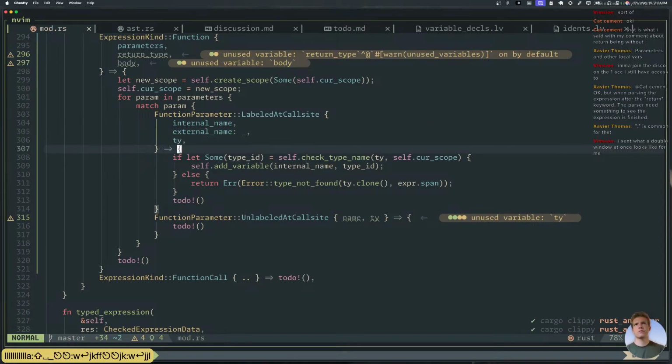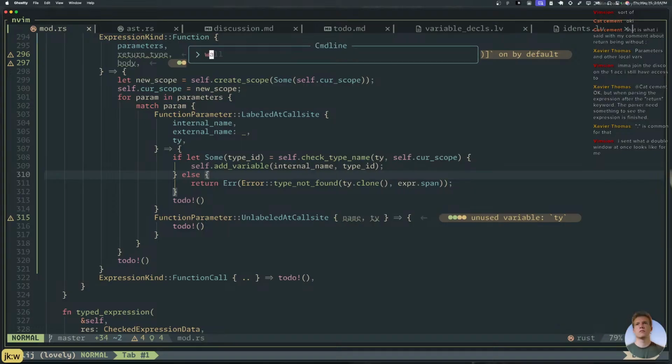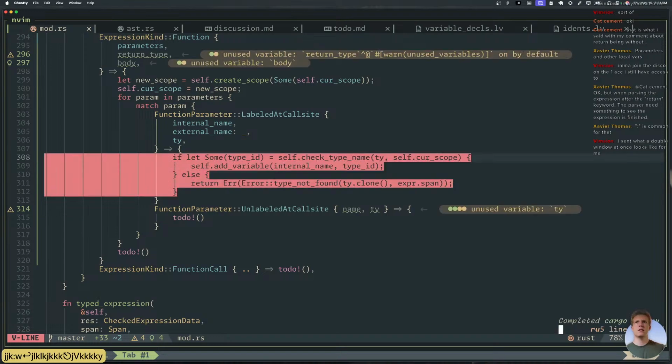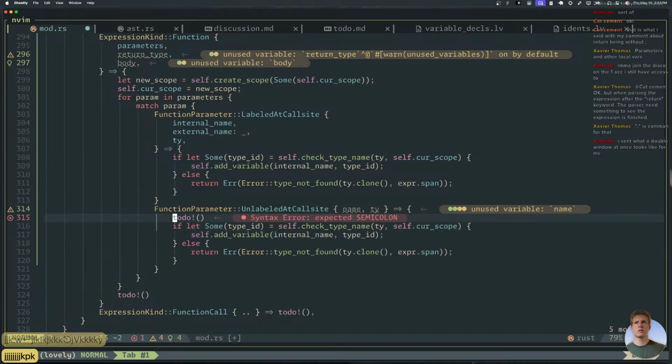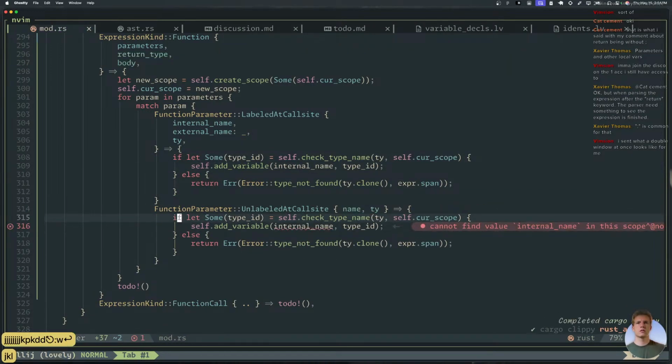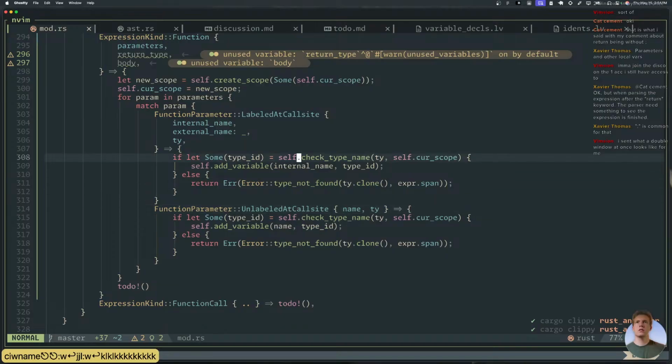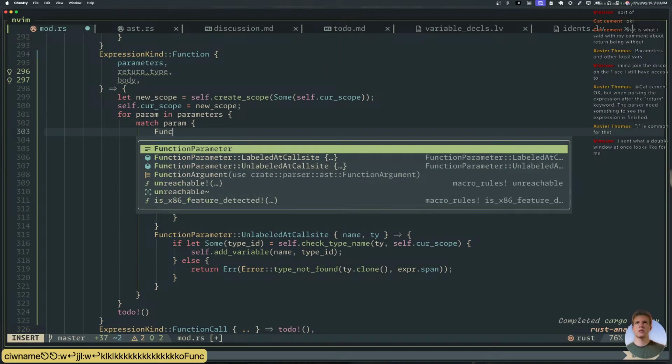Okay. We did that, and then pretty much do the same exact thing down here, right? Internal name, this becomes name. Isn't there some way to do this in one shot?